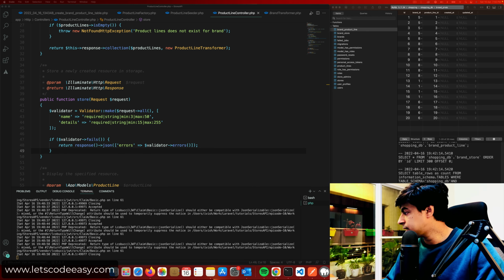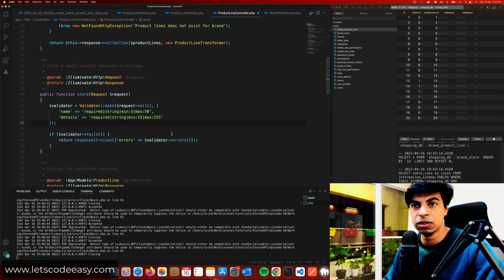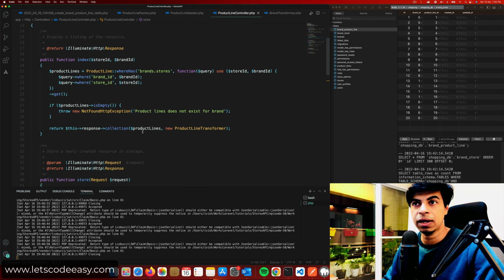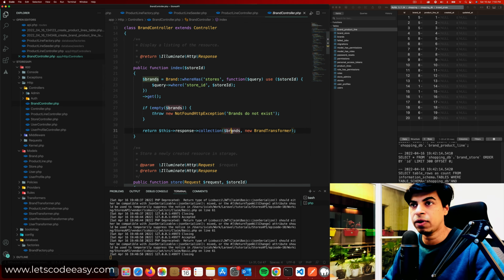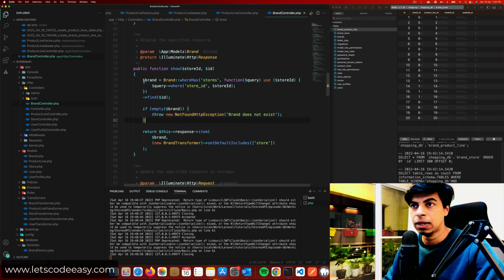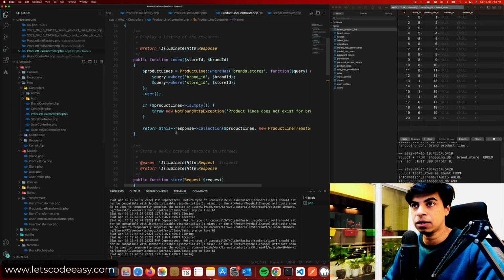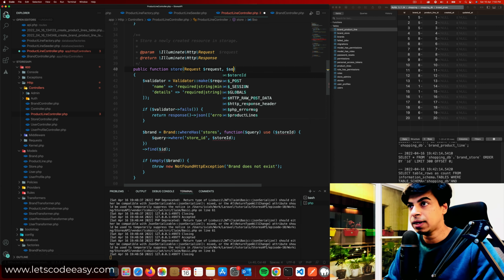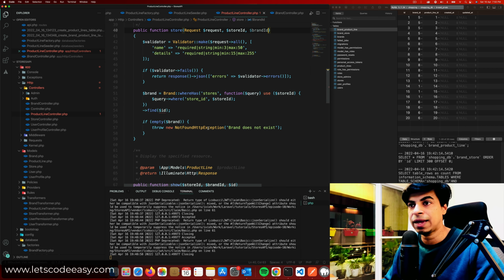And then post that, it's all about querying, because this is going to be creating a product line under a brand. So for that, I'm going to bring in this piece of code which we had used in, I think, the brand controller, where we are querying for a brand, or at least fetching a brand. I'm going to use this piece of code over here in the product line controller creation. I'm going to do a brand fetch. For that, I need to pass a couple of things along with the request. I need the store ID to be passed from the front end as well as the brand ID. So all I'm trying to do is to see whether this brand is existing